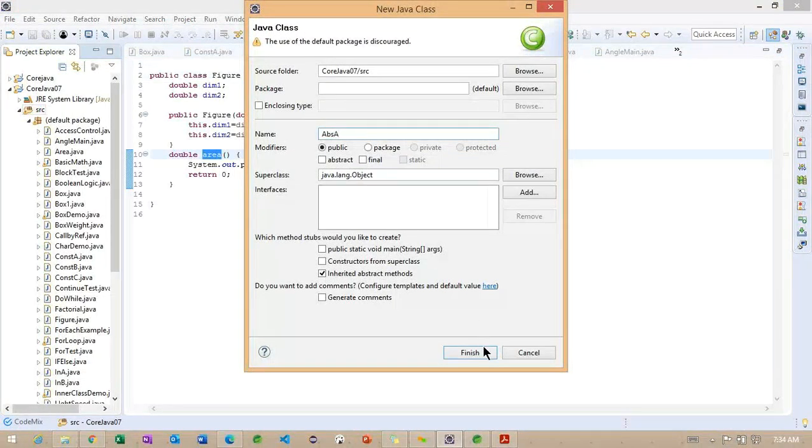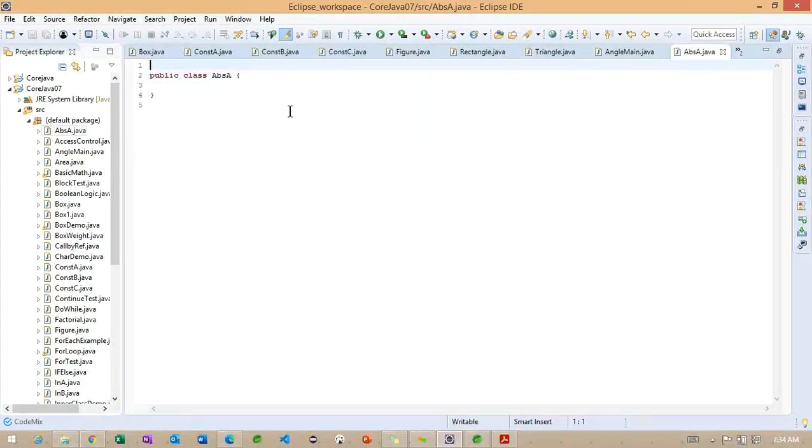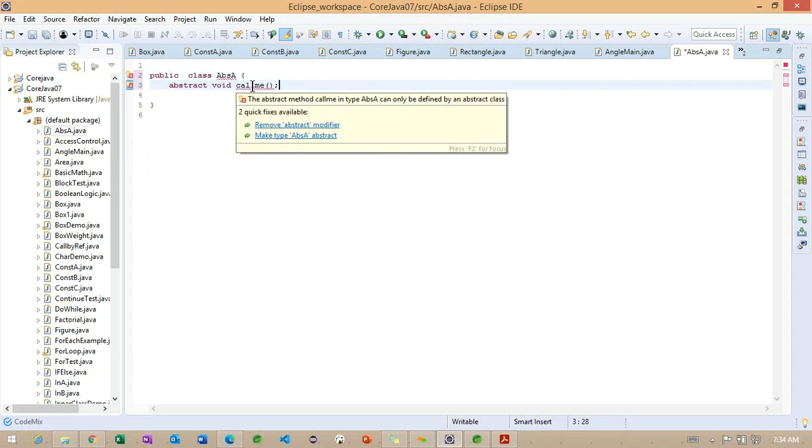ABS A. So ABS is nothing but abstract class A I'm creating here. And inside this particular abstract class, we'll see how we can make it. And the method call me. Whenever we are making this particular class,